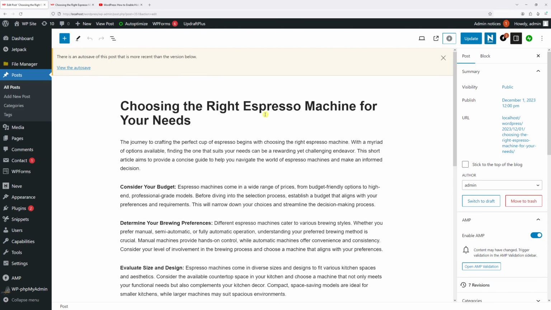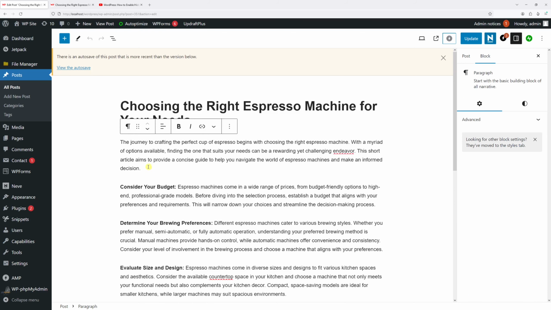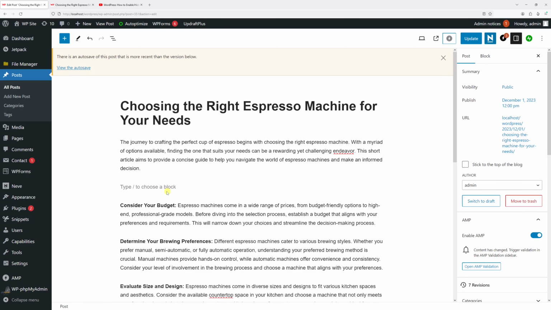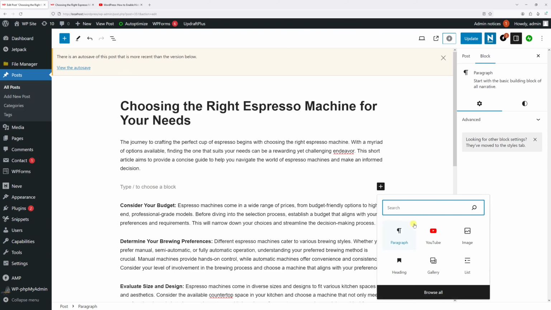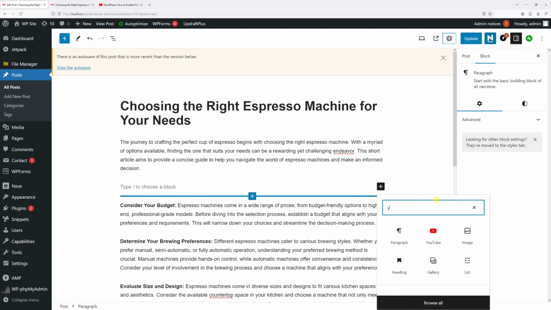Once the block editor loads, move the cursor between the two paragraphs, and you should see this option, add block. In case you don't see it, you can just place the cursor at the end of the first paragraph and then press enter. Then right here you have an option to add a block. So let's click on add block, then select YouTube,